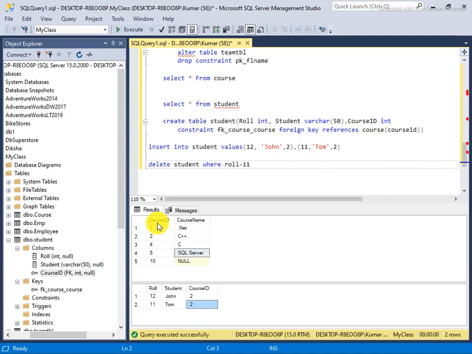You can't. It's not possible, because suppose you are not enforcing a primary key. What happens if here 2 is for C++, again 2 for Python, and here course ID again 2 for Python? How will you relate which particular person is enrolled for these 2 or these 2? If it's not a primary key, then it will accept the duplicate key. Very simply I am saying that you can't.